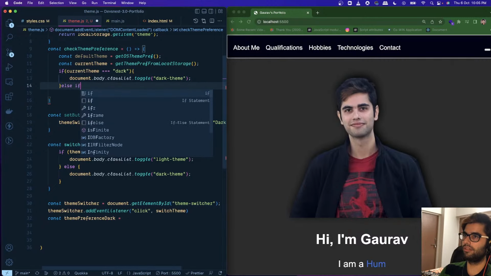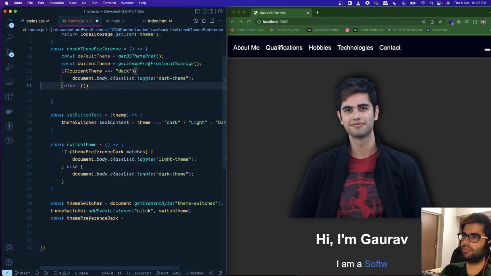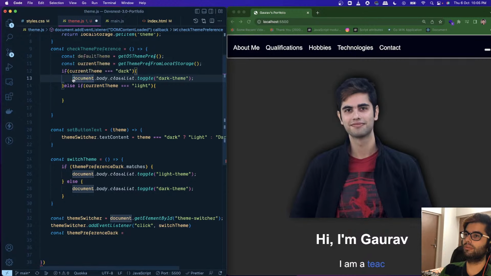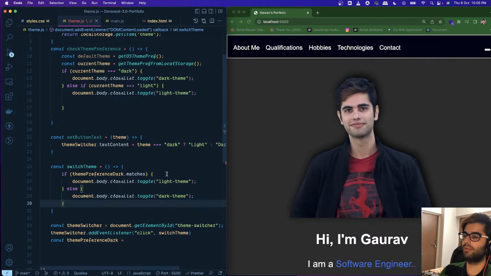Otherwise, else if, so we want to store this value in the local storage, right? So we'll just do that. Else if current theme equals light, we want to set the light theme to the body. Okay, and here what we want to do is